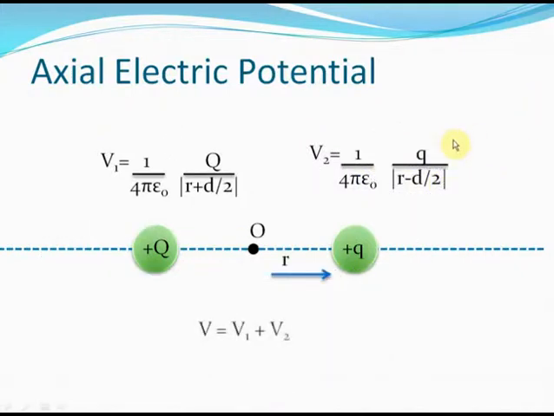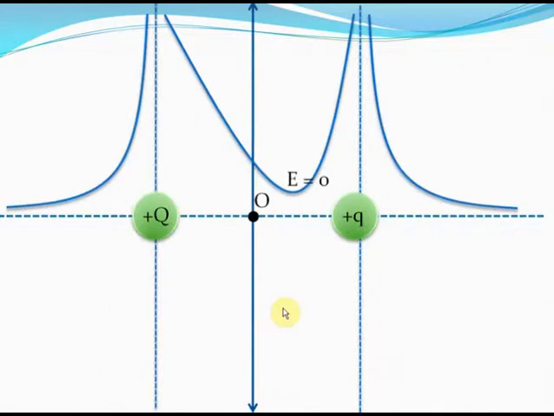The net potential will be simply the sum of V1 and V2. We can even sketch the graph of this potential with respect to the x-axis, isn't it? So as you can see, the potential will always be positive because the potential of the plus capital Q charge is positive and the potential of the plus small q charge is also positive. So the sum of the potentials will always be positive. The potential will again never be zero because both the potentials are positive and therefore there is no question of the potentials cancelling each other.